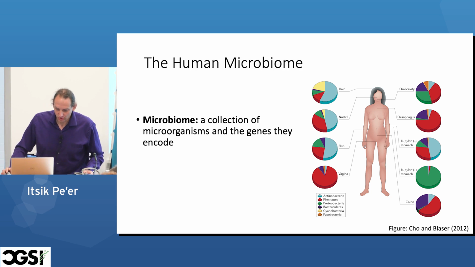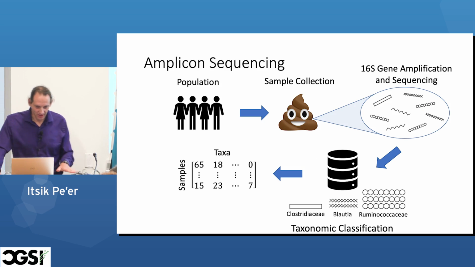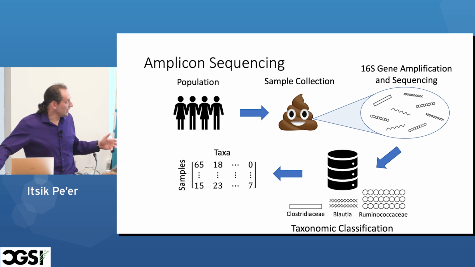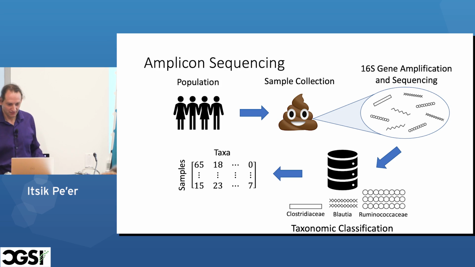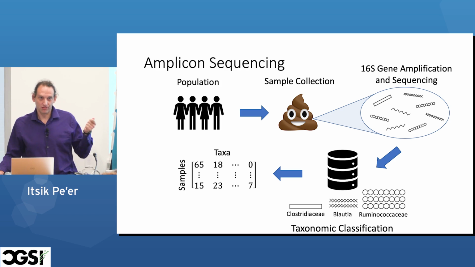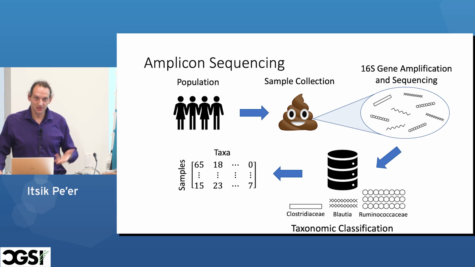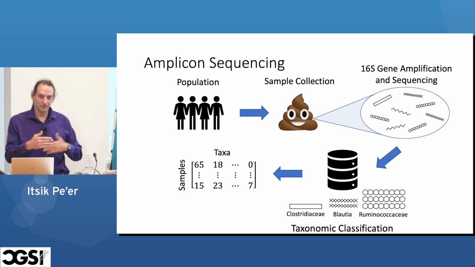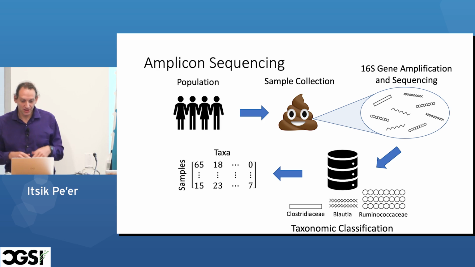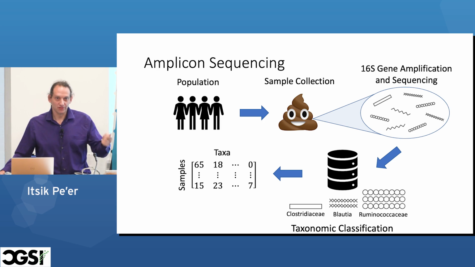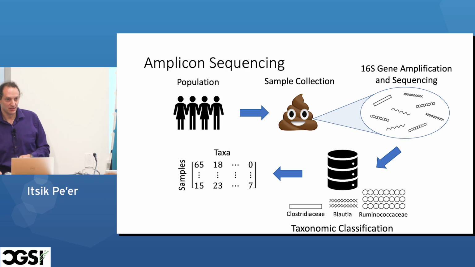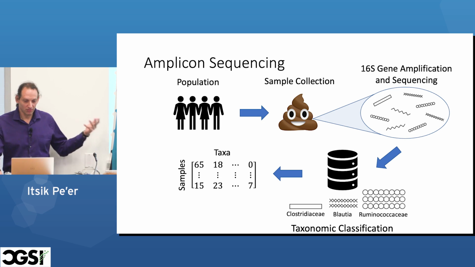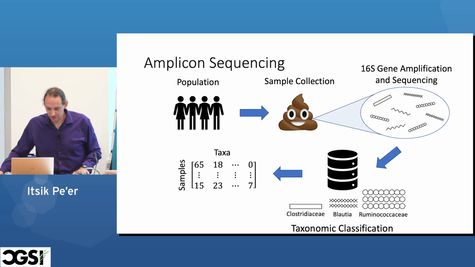One effective way to collect data from such microbiomes is to collect samples from subjects and then sequence a universal gene, most commonly the 16S ribosomal RNA, that comes in different flavors for different species. So when you look at the reads, you can just count them, and you know how many reads of which bacterium you have in each of the samples you've collected.